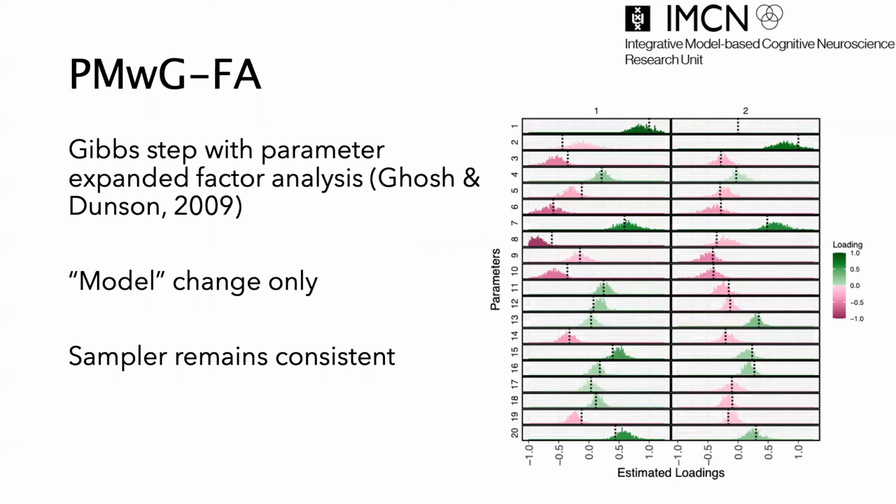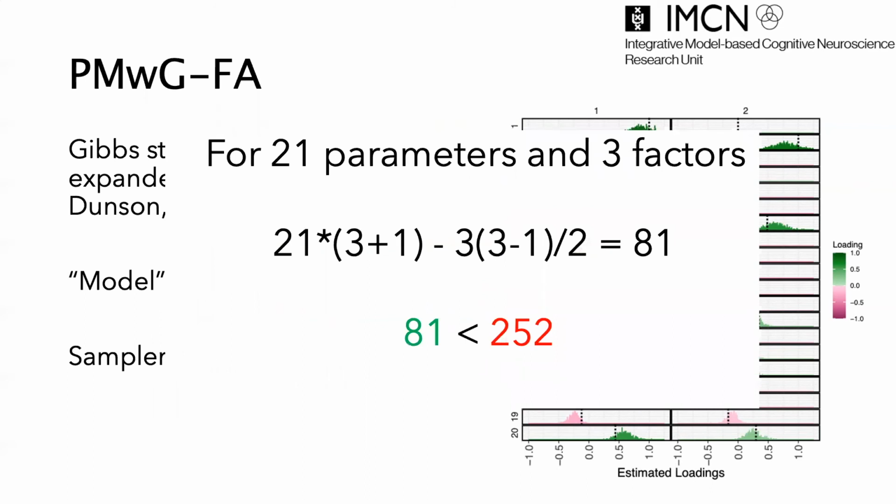Another nice thing about this method is that we can make inference on the factor loadings rather than the full covariance matrix, which can be much more simple for high dimensional models or joint models where we want to look at latent factors rather than every parameter correlation. And the most important thing, dimensionality reduction. Quick maths: for a joint model of 21 parameters, we now estimate 81 group level parameters. And that's a lot less than the MVN.